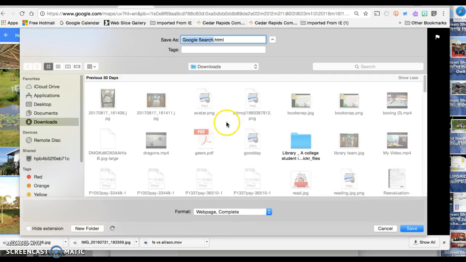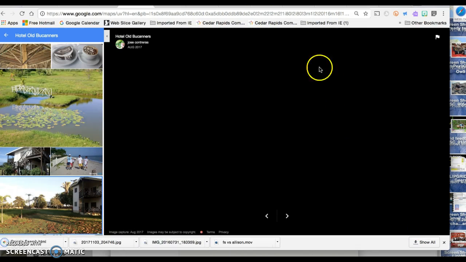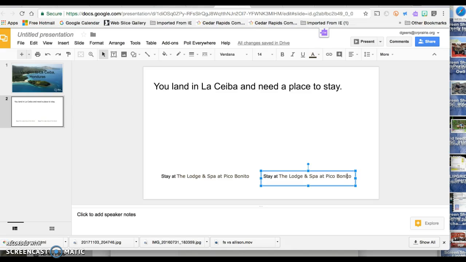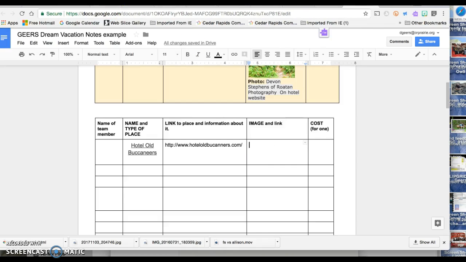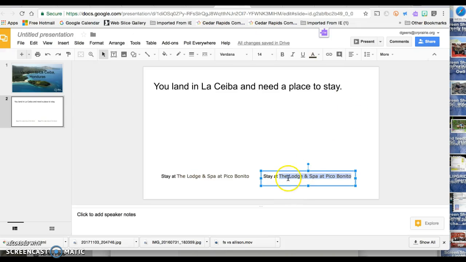Save as, and then I will end up putting that in my form. So anyway, now I'm going to go back to my PowerPoint. And so the other place I'm going to offer as a choice to my readers is, whoops, let me go back and get the name. Sometimes it's tricky when you're going back and forth between all the different documents that you're using. And I'm going to hit Command V, the Hotel Buccaneers.